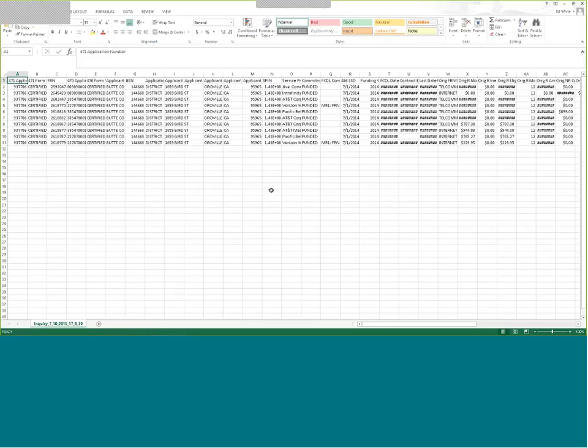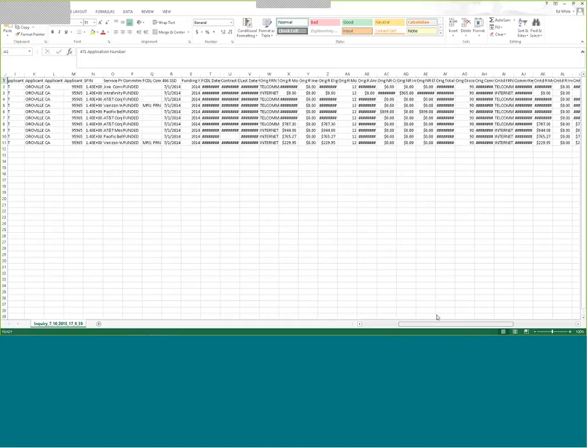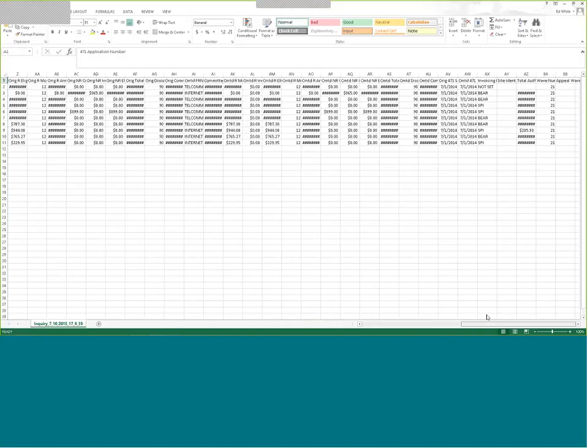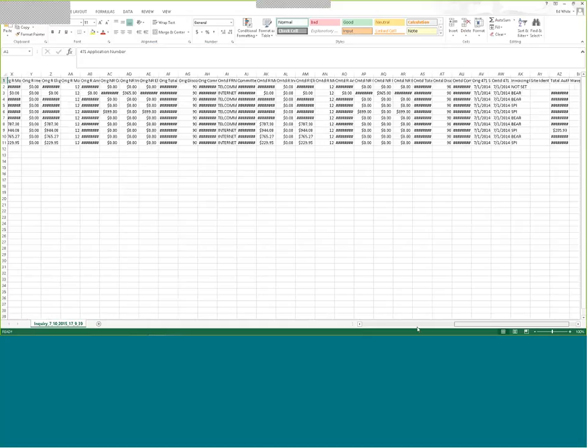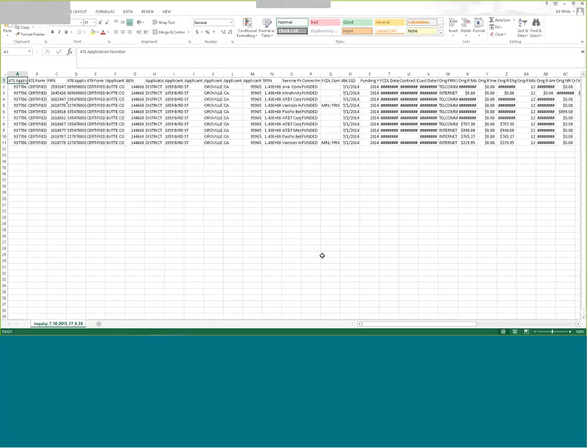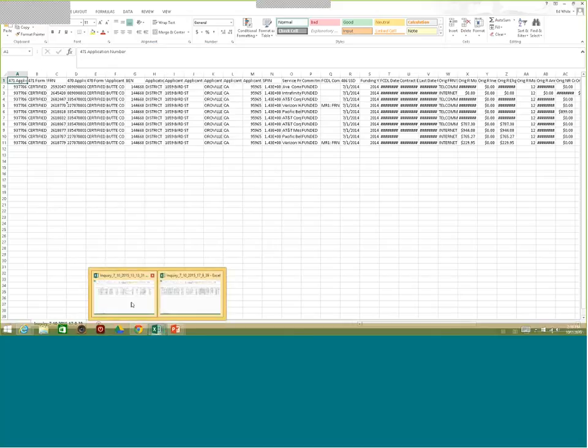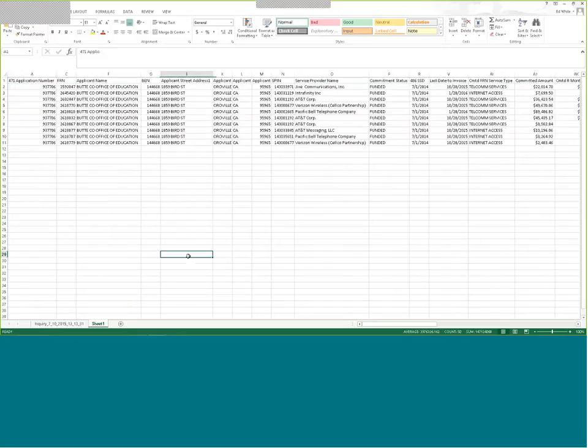And once we open it, we have a spreadsheet that is about 54 columns wide. It's a lot of information. Now, we aren't going to go through every column, but I wanted to show you what the spreadsheet looks like. What I've done is I have already downloaded this spreadsheet, and I've hidden the columns that we're not going to